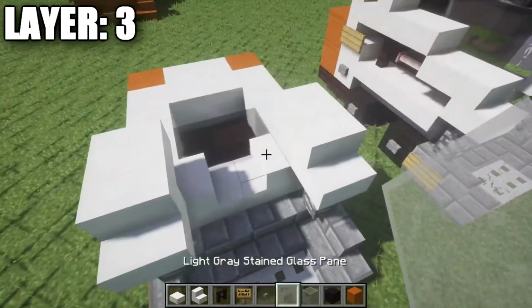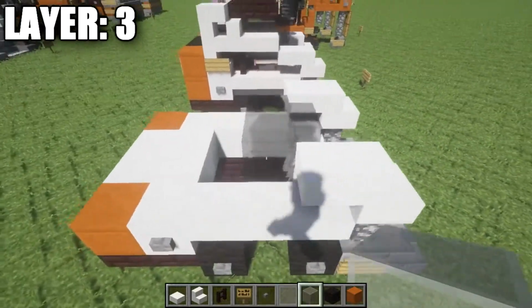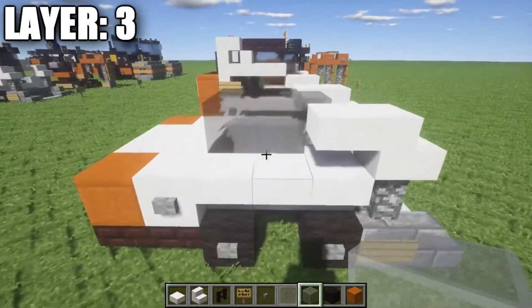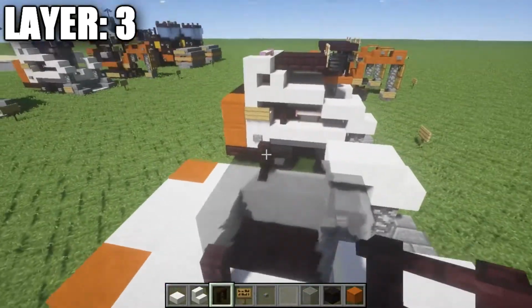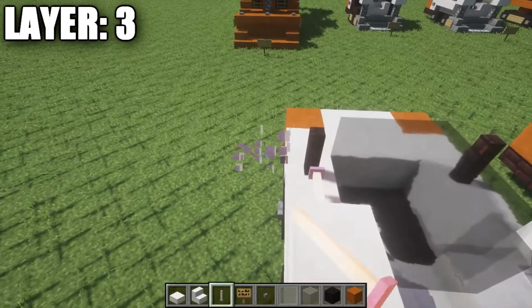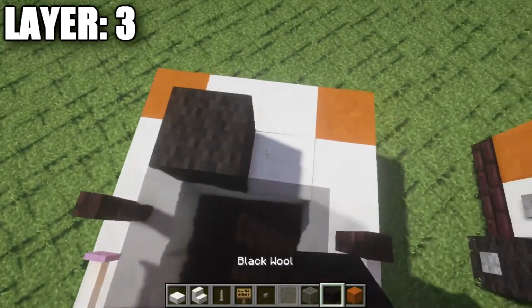In between those top slabs, we're going to place down a row of 2 light gray stained glass panes like that, followed by a row of 2 light gray stained glass full blocks after those 2 light gray stained glass panes, and then a second row of 2 of those light gray stained glass full blocks. We also want to place down a nether brick fence post on either side of this second row of 2 of the glass, followed by an end rod coming off the nether brick fence post, just like this on both sides, like that. After you have that done, we're going to place down a row of 2 of black wool in the very center,